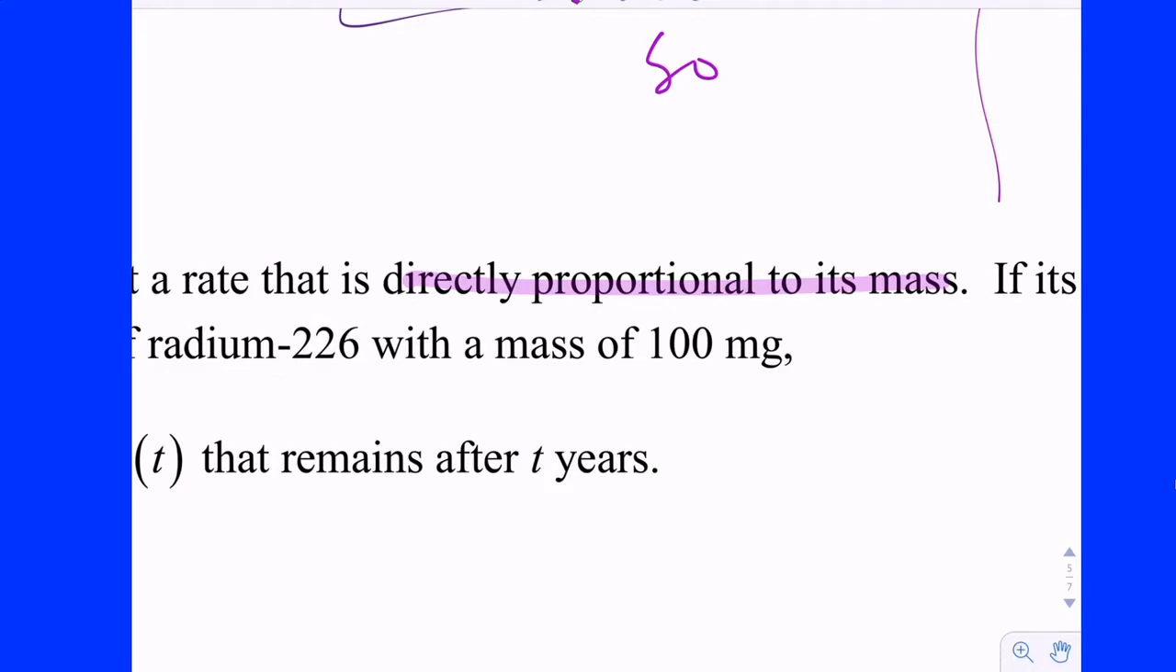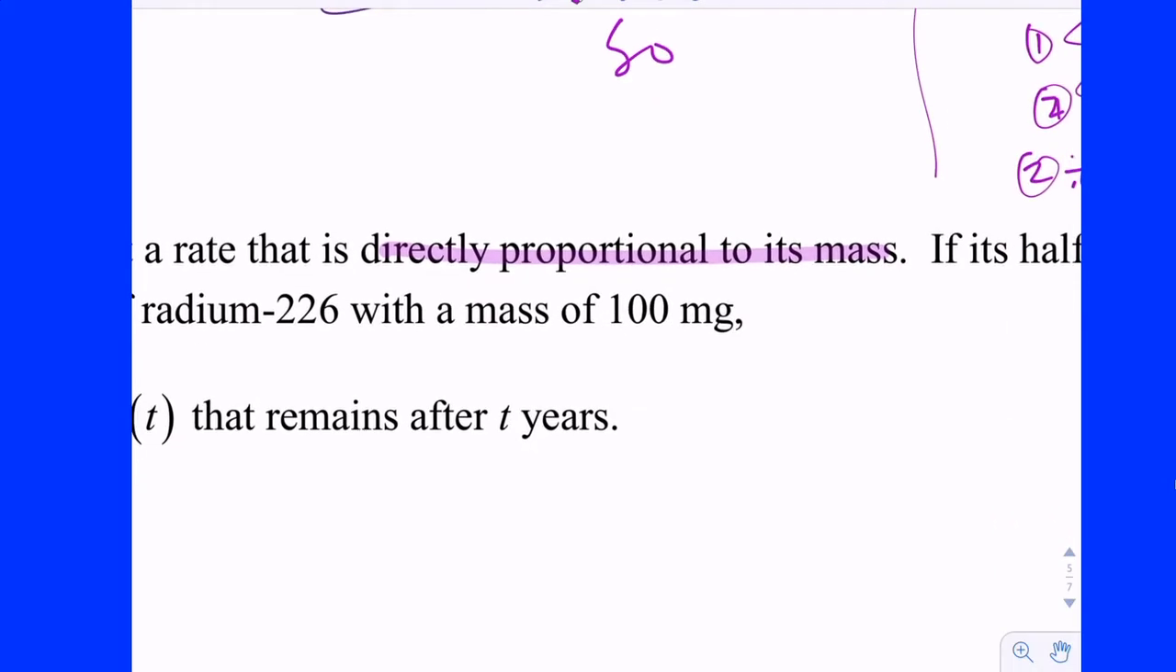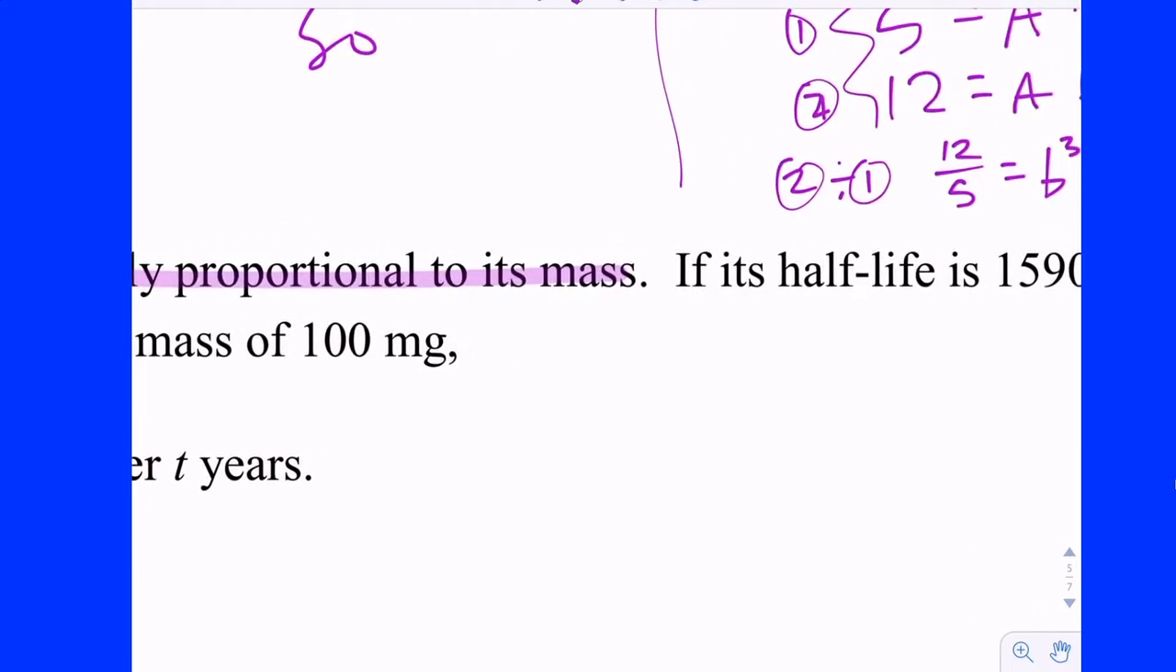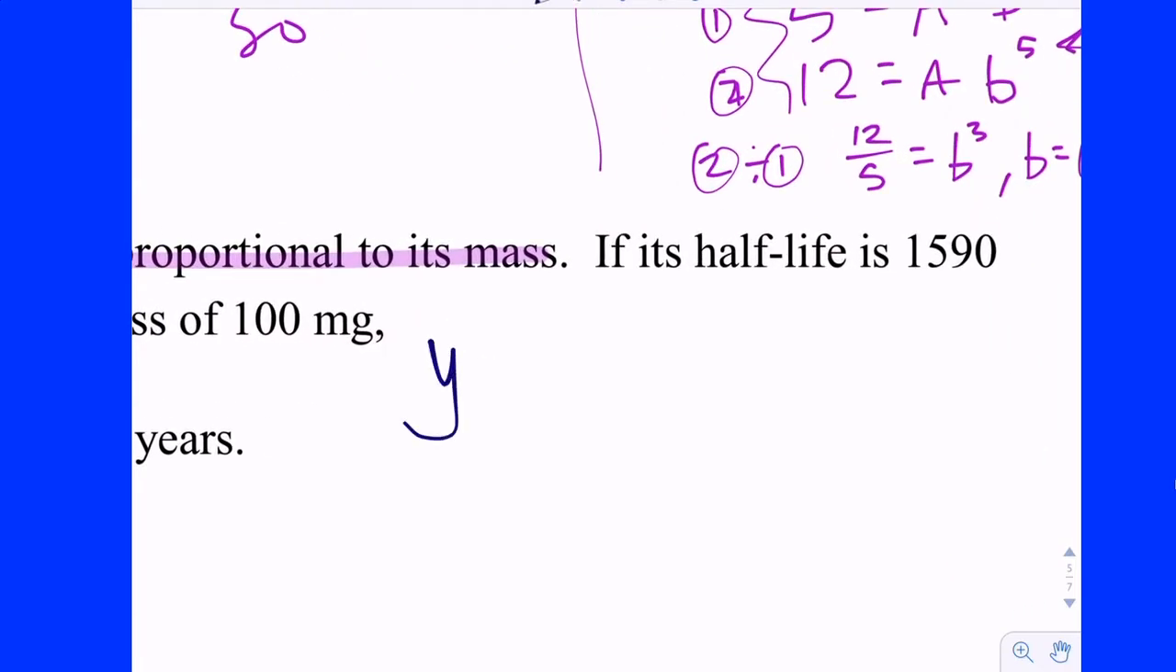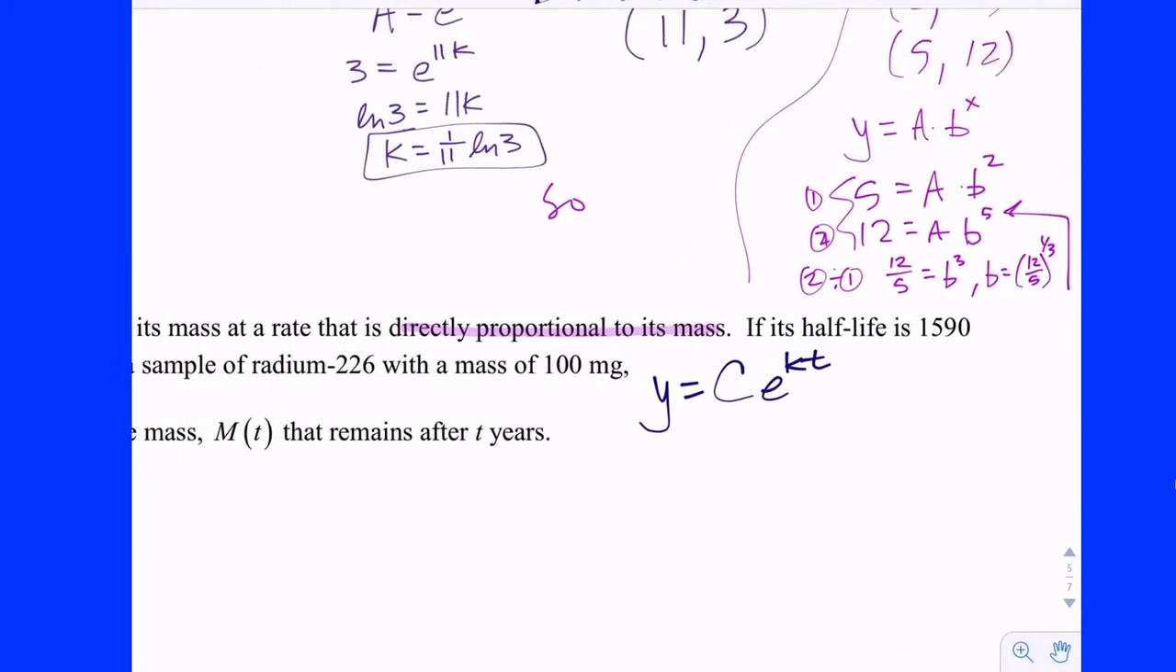Okay? So that is going to follow the rule of what type of growth, or in this case, decay? Exponential. Yeah, it's in the exponential section. So you can go straight to y equals c e to the kt if you want. All right, so its half-life is